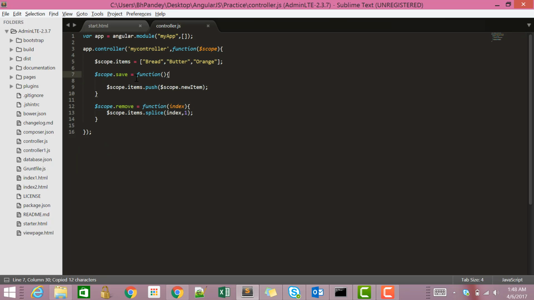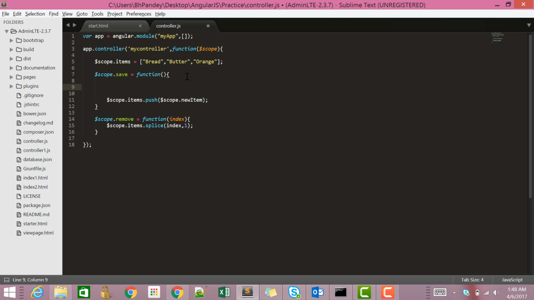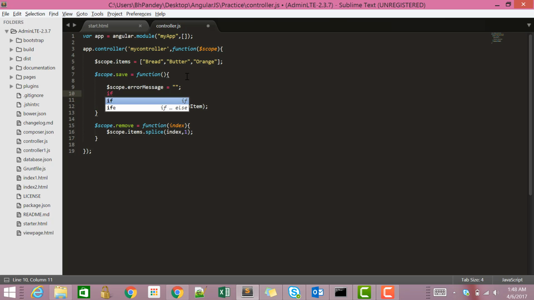Okay, this is the save function where we need to put the condition. Before saving, it should check if the item already exists, and if so, it should not allow the user to enter the item. So first we'll keep it as blank. Okay, and then if